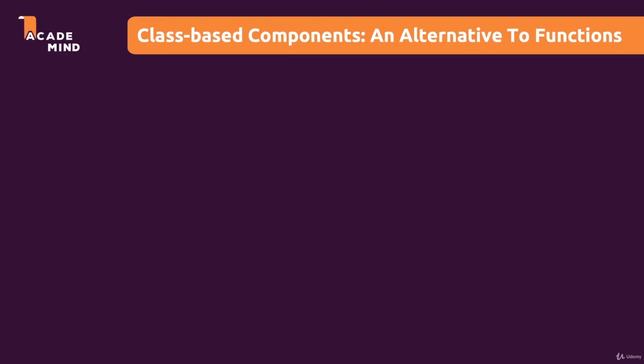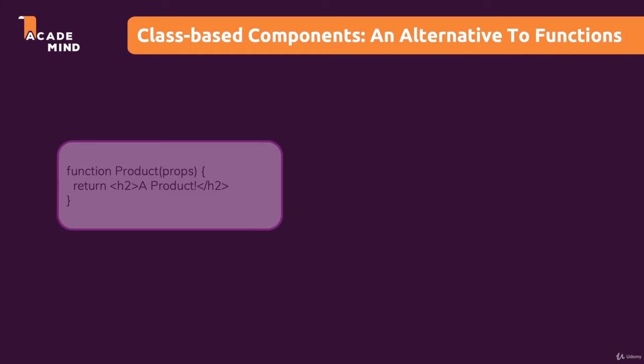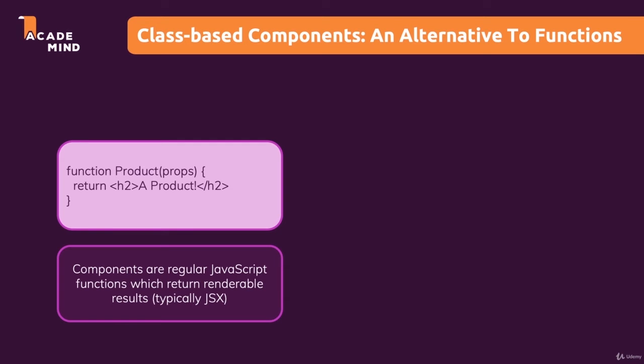Now, as I mentioned in the last lecture already, class-based components exist and they are an alternative to functions. Up to this point, when we built components, they looked something like this. Of course, instead of the function keyword, we might have used const and stored an arrow function in there, but either way, we simply built a function. That is what we did. And we built a function that receives props and then returns the JSX code that should be rendered to the screen. This is what components are in React, and they are simply regular JavaScript functions which return some renderable results,